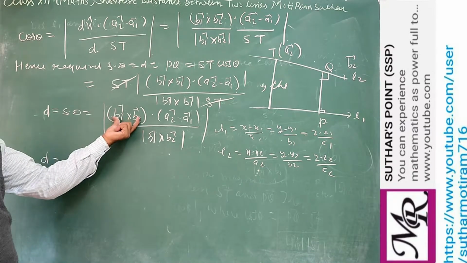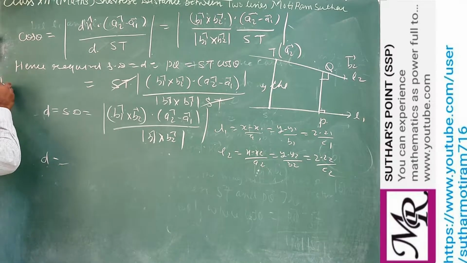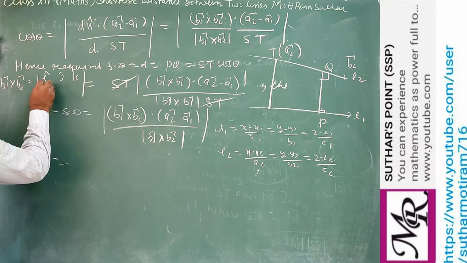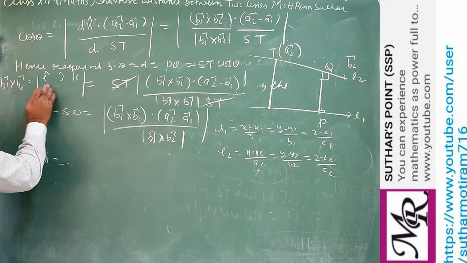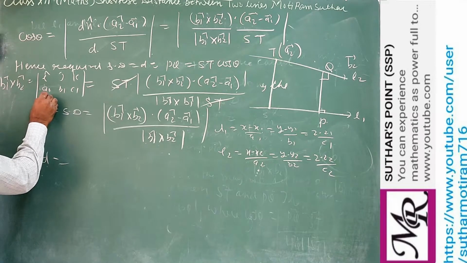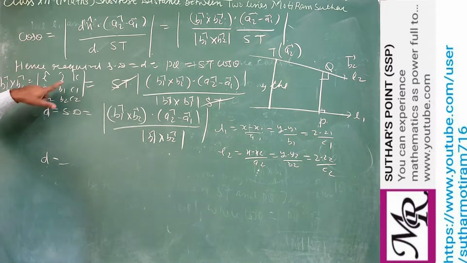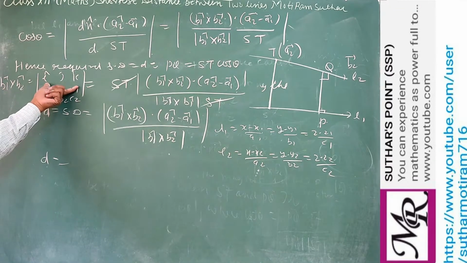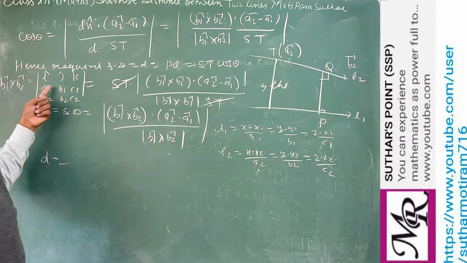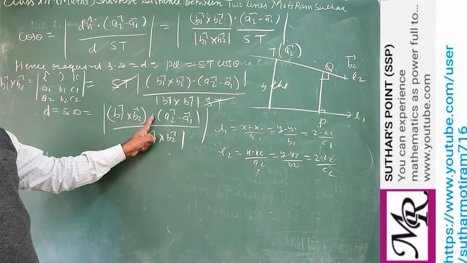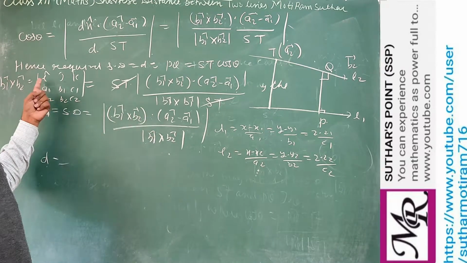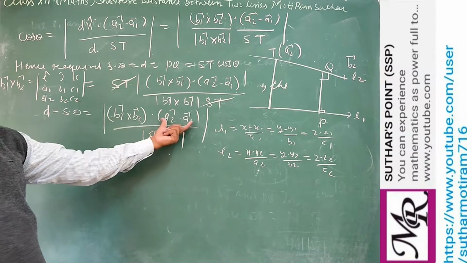If you find the product of this, in the case of vectors, the cross product in determinant form will be i, j, k, then the coefficients of b1, which are a1, b1, c1, and of b2, which are a2, b2, c2. This is the cross product of the vectors b1 cross b2, which you can write in determinant form. Clear? After this determinant form you have to find the dot product. So you know that i with i, j with j, k with k, so only i, j, k are replaced by the coefficients of these.